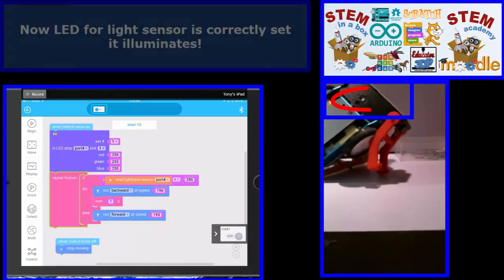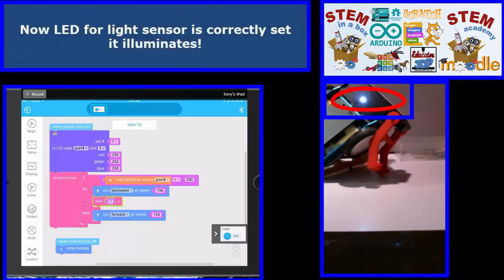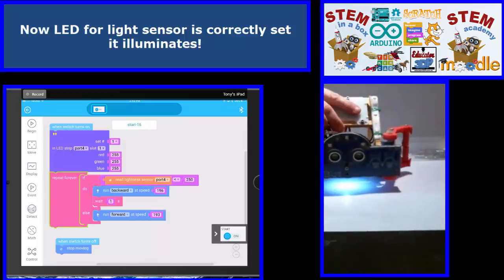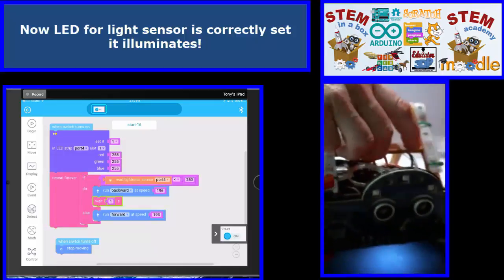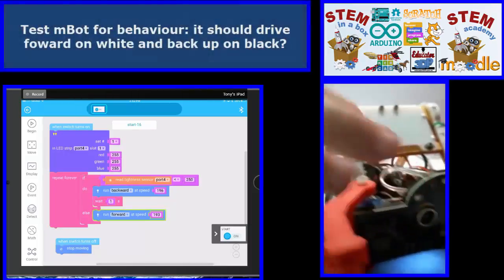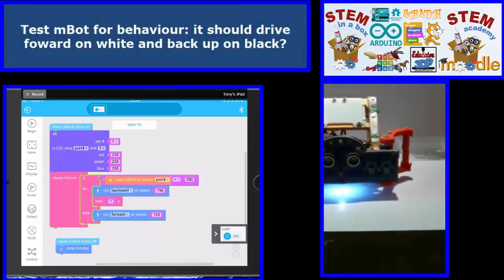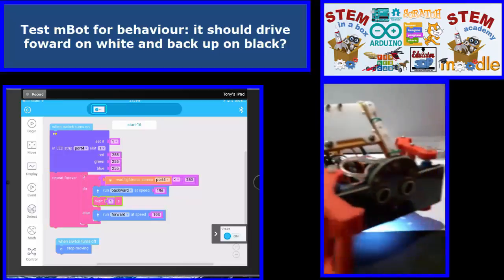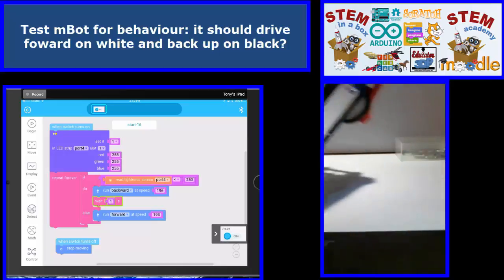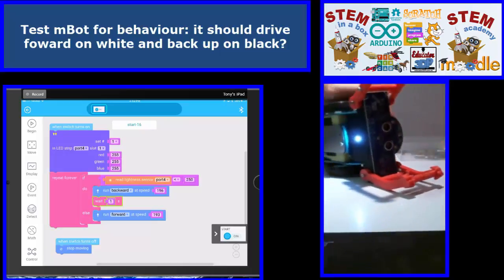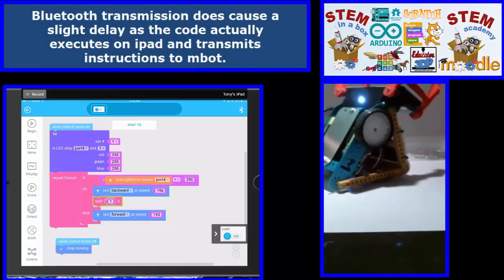So let's check that now. So let's go on, and the LED comes on, which it should do. Okay, so now that code is running. So if I turn it, it should go forward. Good. Okay. So what we'll do is we'll turn that off. So it was going back when it was on there. There's a bit of a delay. There will be delay because of the Bluetooth. You need to appreciate that. So let's